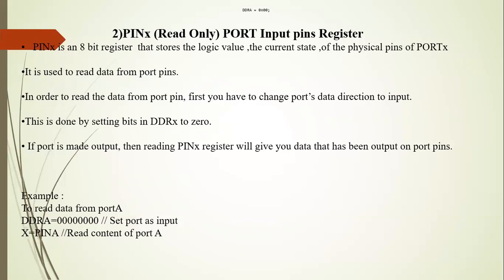See, if I want to read some data, it may be digital or it may be analog. Let us say for now we'll talk about digital data. I want to read the state of a particular switch, maybe. The switch has two states, either 1 or 0, and I want the microcontroller to read that. So I have to give the output of that particular switch to my microcontroller. That means the microcontroller will be receiving data.